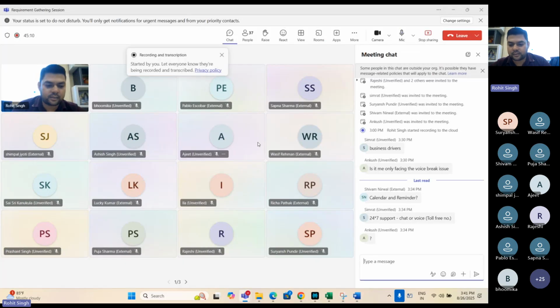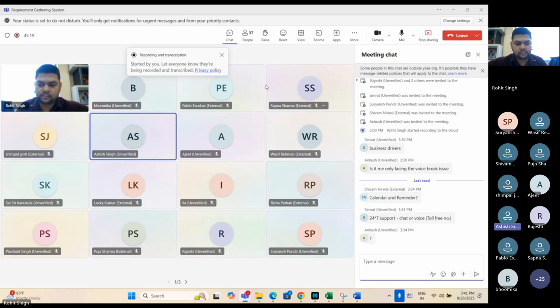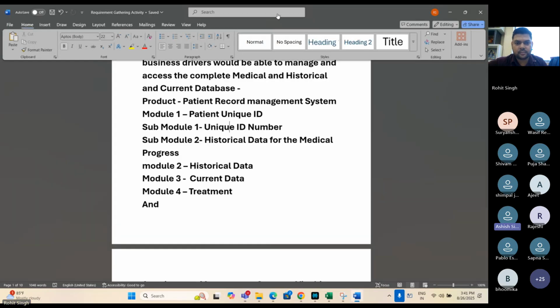Did you get this point, guys? Any question, any doubt, any ambiguity, any issues as of now? Rohit, I have a question. Ashish here. Yes, Ashish. Project planning, sprint planning, what is that flow? Can you repeat it once again? Just a moment, yes. I have an official call coming in.